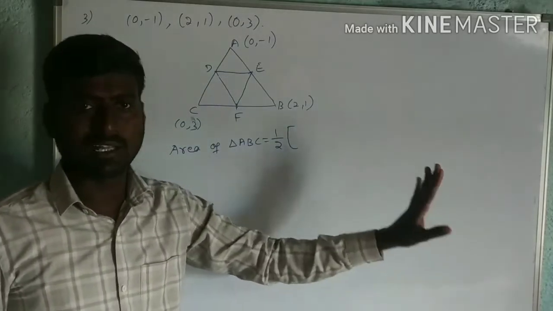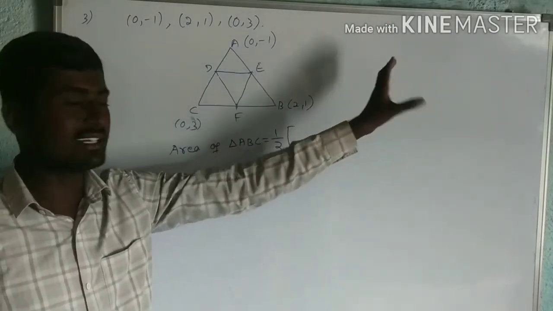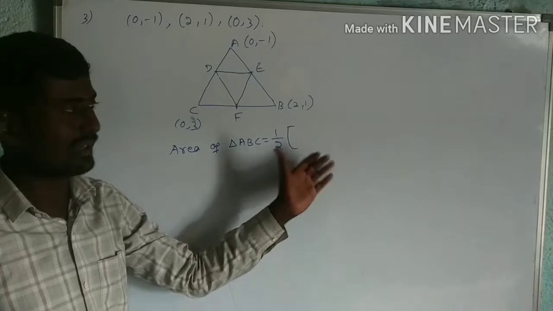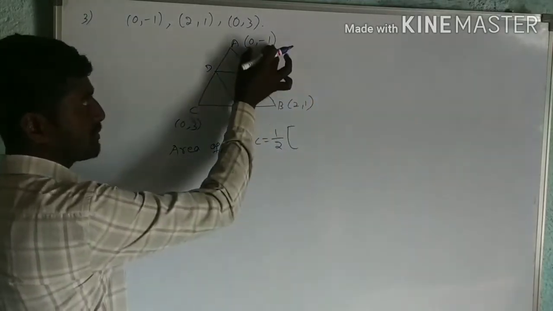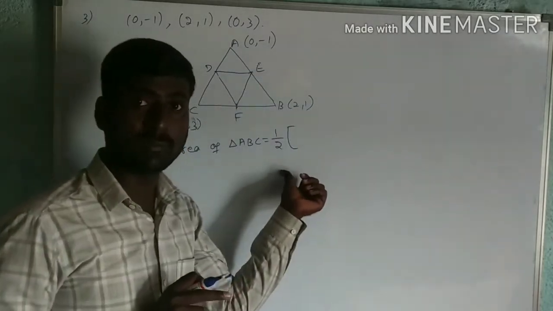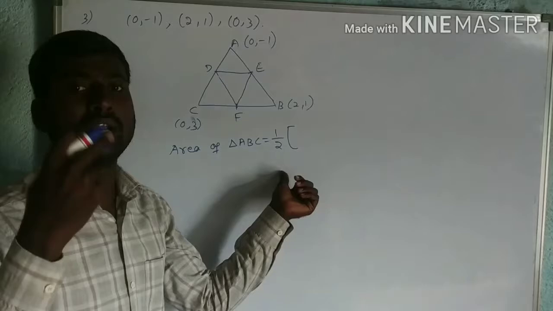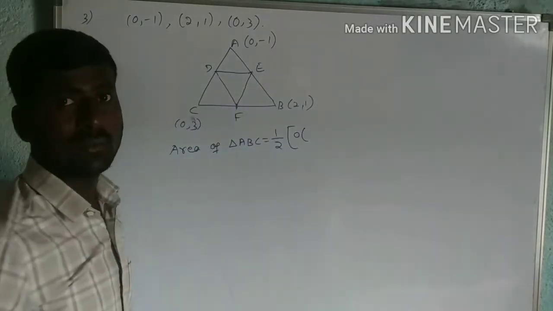Okay, no problem at all. Already I wrote the formula in the same problem. So they will understand that you know the formula. Okay. So already I have written it. No problem. Now I'll substitute it directly. So x1 y1, x2 y2, x3 y3. In the formula what is there? 1 by 2 into x1 into y2 minus y3. x1 is 0 into y2 minus y3.